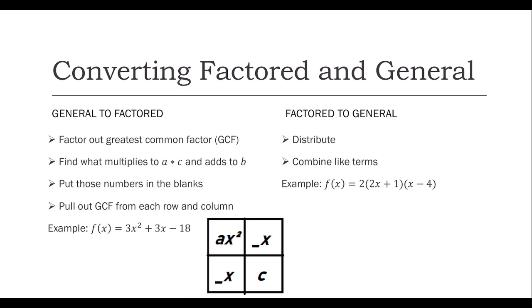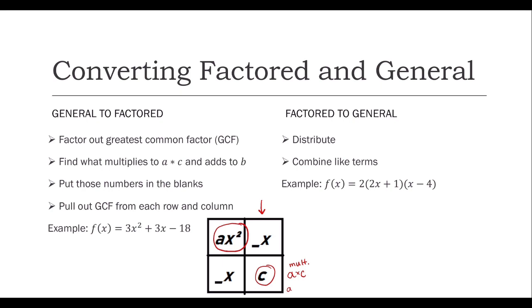So first we're going to learn how to convert factored and general forms. So to go from general form to factored form, you would factor out your greatest common factor, and then find what multiplies to a times c and adds to b. So I like to use what's called the box method. So you draw a box, and in the top left corner, you'll put your ax squared value, and in the bottom right corner, you'll put your c value. So we want to find what multiplies to a times c